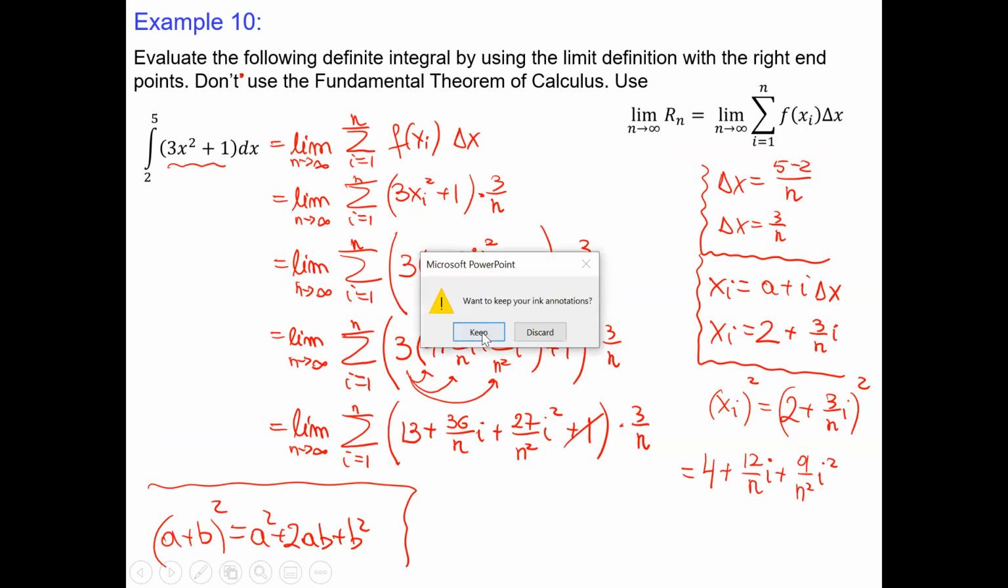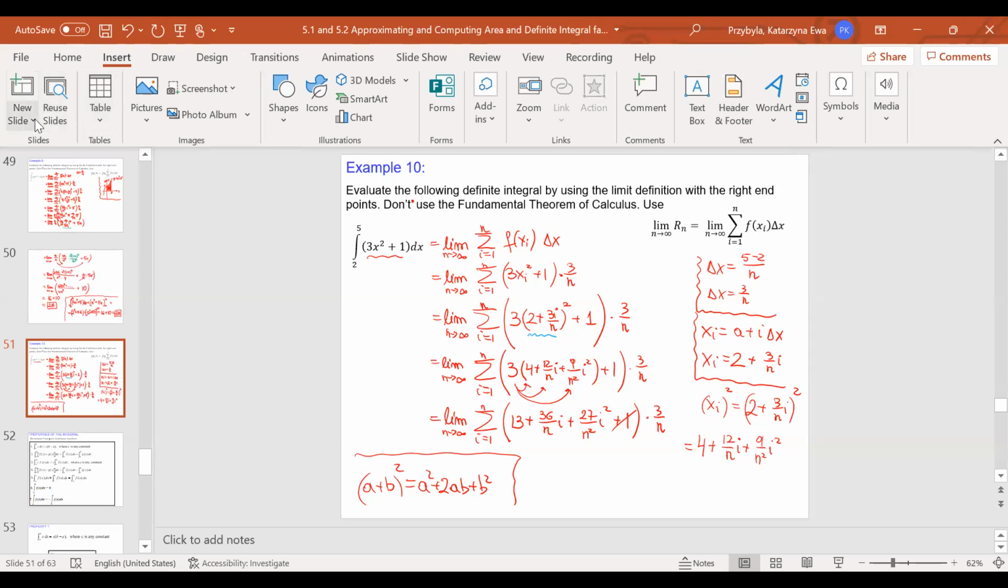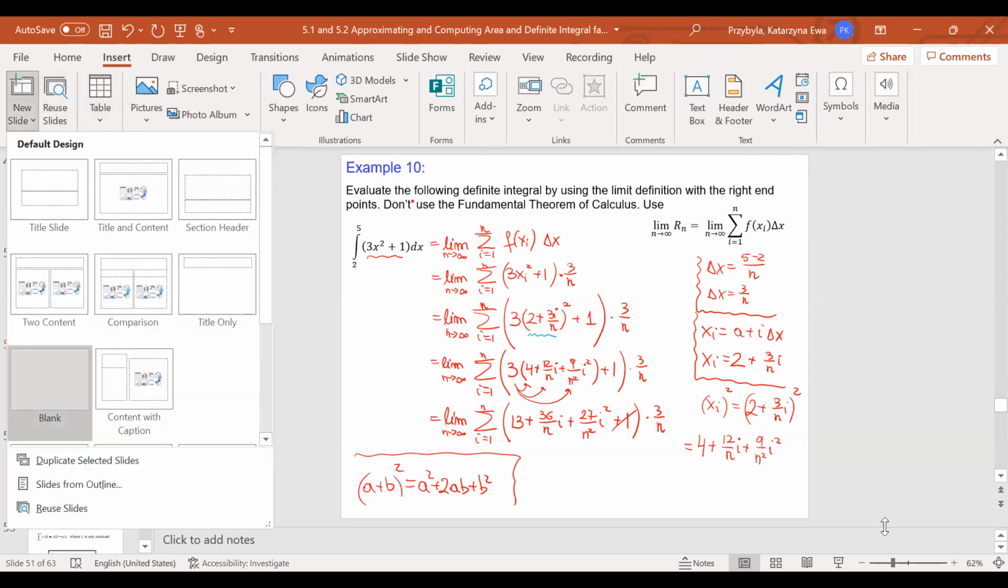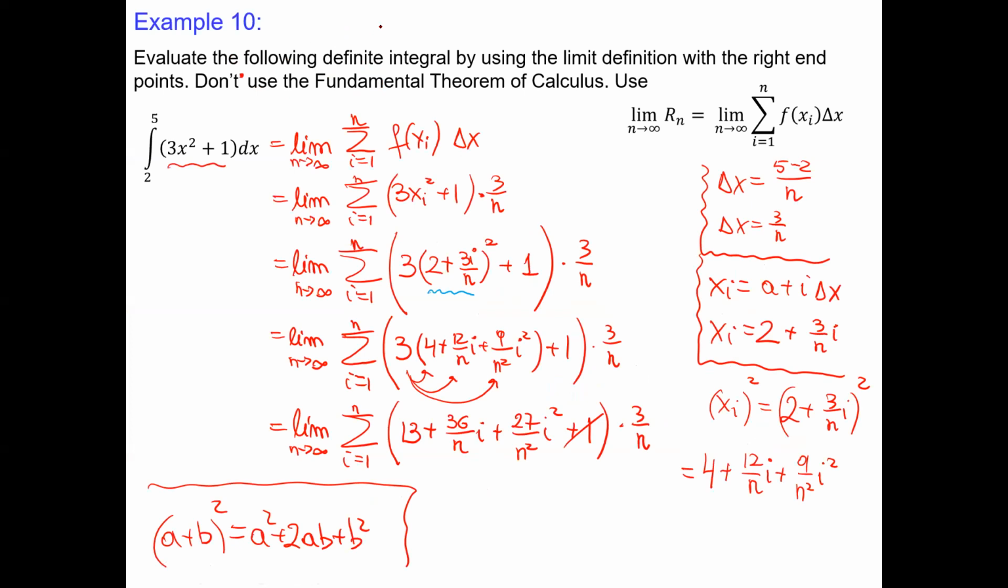Oh, we need an extra page. Let's add the page quickly and let's finish, and that will be our last. Okay, let me copy this limit. I mean, not copy, just put our delta x, 3 over n, in front of the sigma, and then we will have the summation from 1, and we can apply the summation to each term,